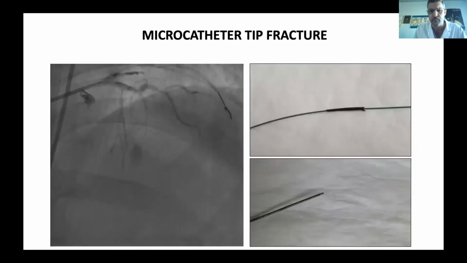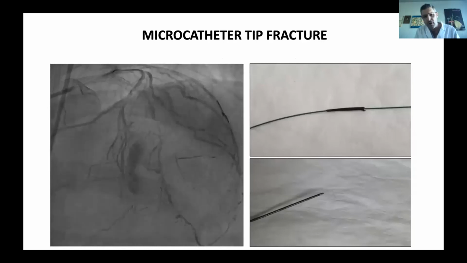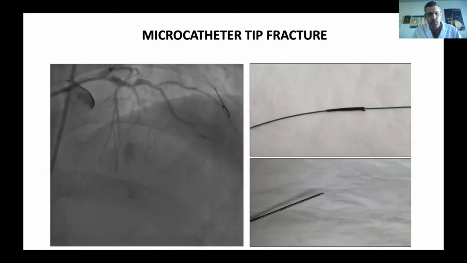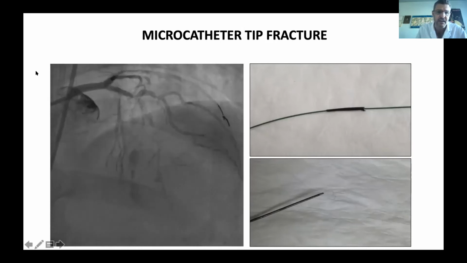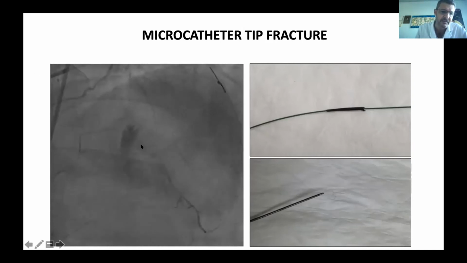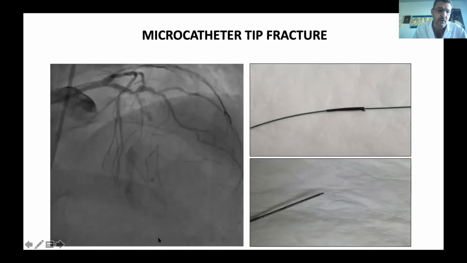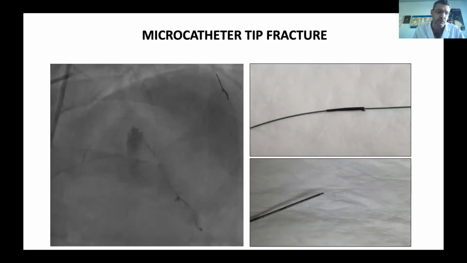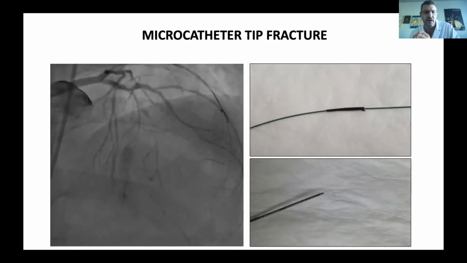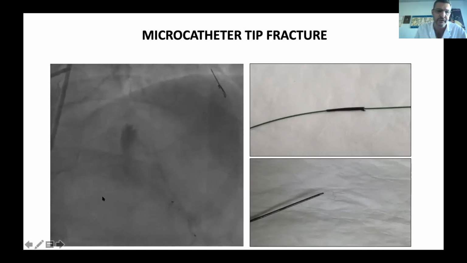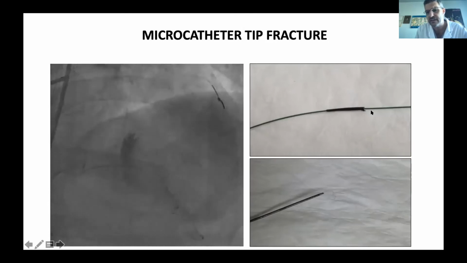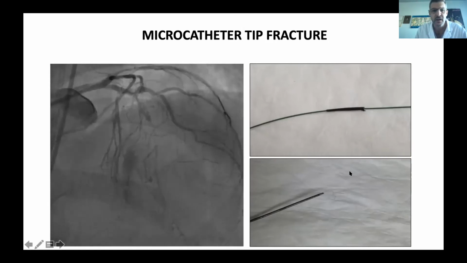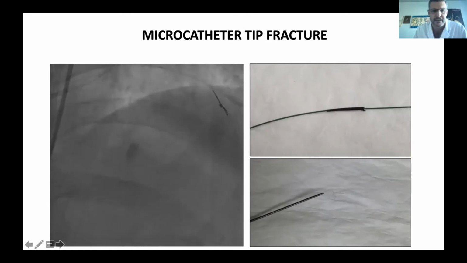In this case, the operator solved the situation by pulling with strong force on all the retrograde gear, and he had this septal perforation, fortunately without any hemodynamic compromise, because it was at the level of the septum. But you can appreciate here the tip of the microcatheter, completely destroyed by the attempt to force it